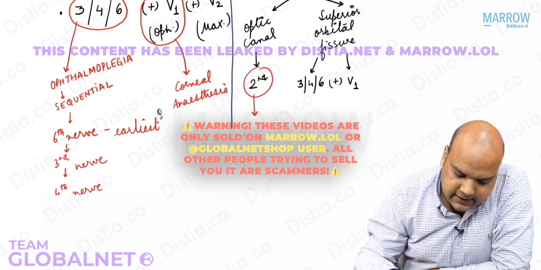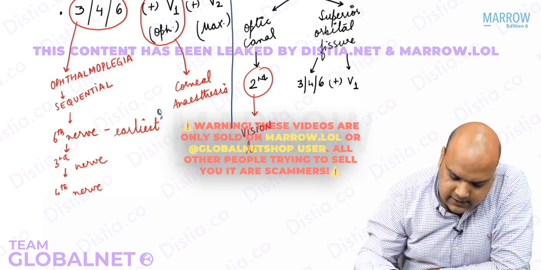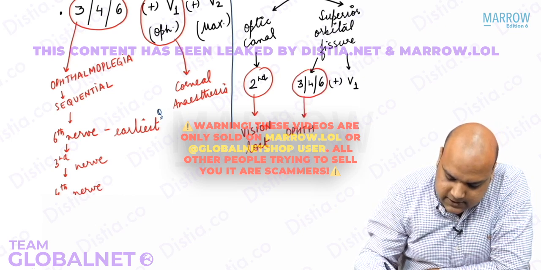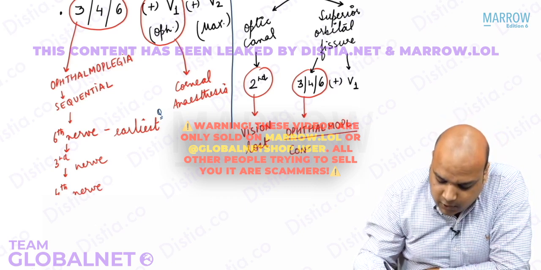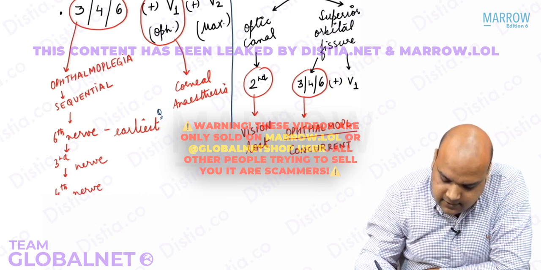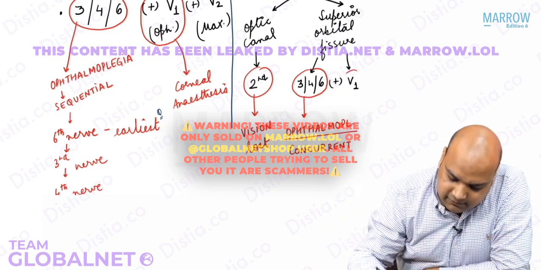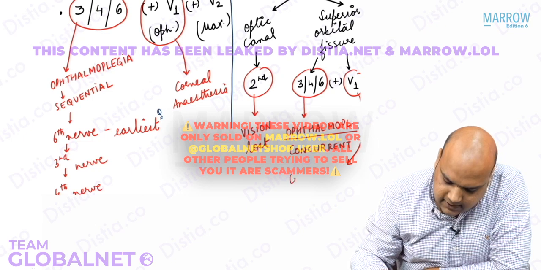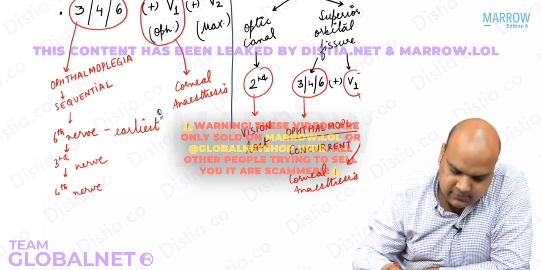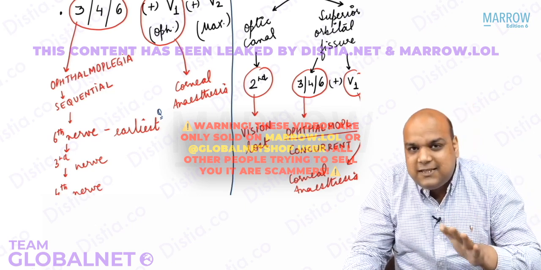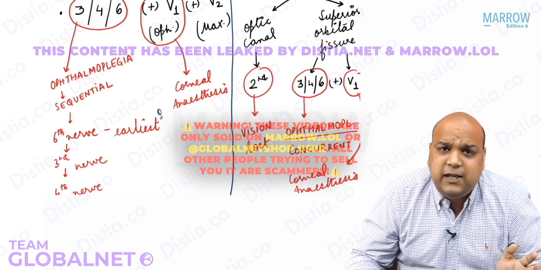Second nerve is gone. If the second nerve is gone, the vision is lost. Third, fourth, sixth gone. So there has to be ophthalmoplegia. But this is always concurrent. Concurrent means it will occur together. There is no sequence in this. And then if the first branch of fifth nerve is gone, again there is corneal anesthesia. Am I clear, everybody? There is no confusion about this. Yes? So based on just this much, in a question you should be able to differentiate between cavernous sinus thrombosis